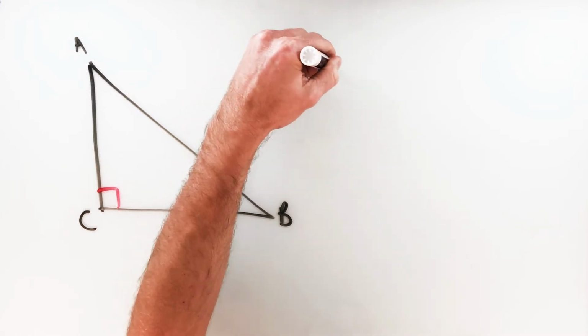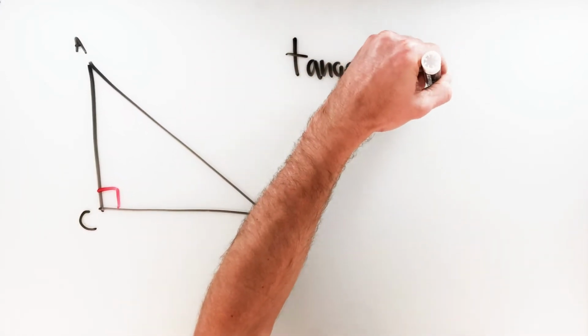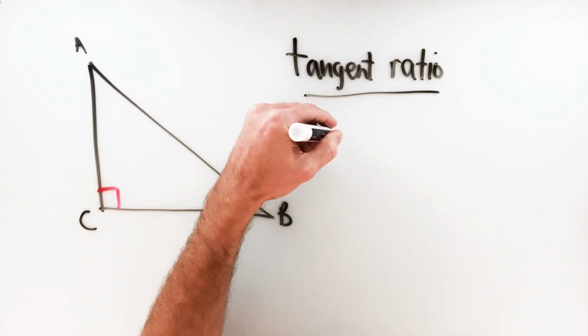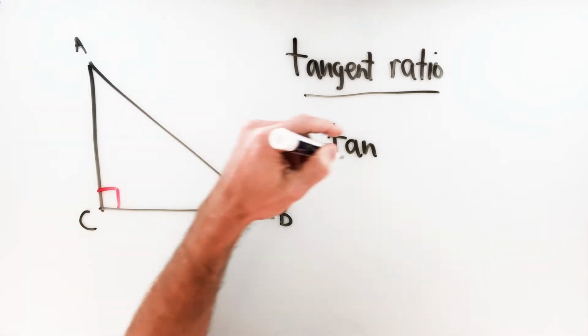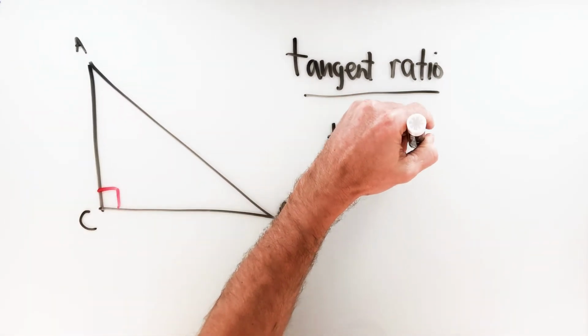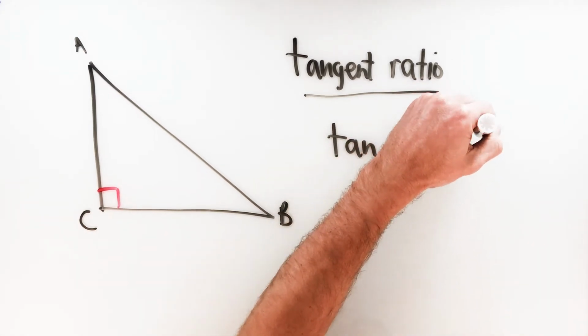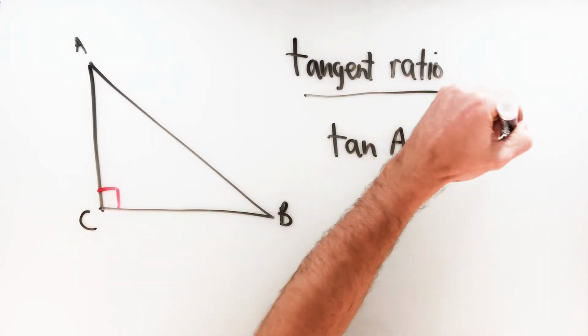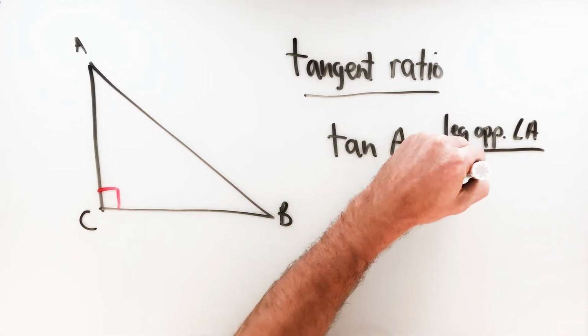So the tangent ratio, you can shorthand here. The tangent ratio for angle A, so tangent of angle A, is equal to the leg opposite of angle A